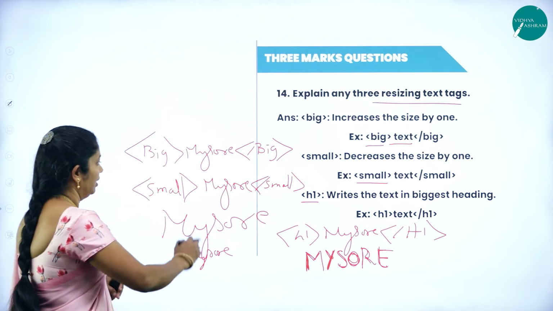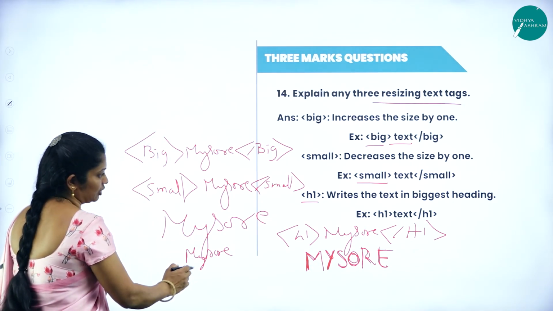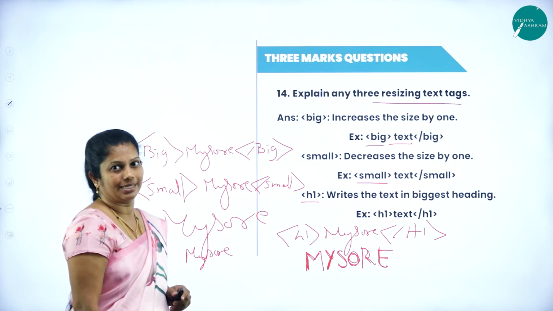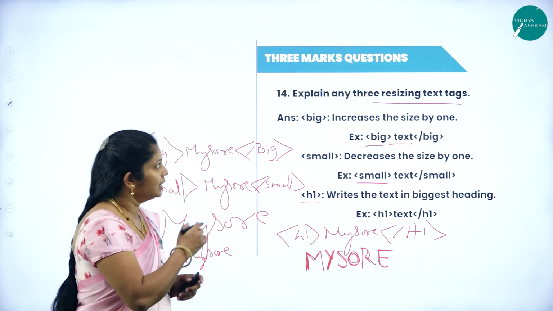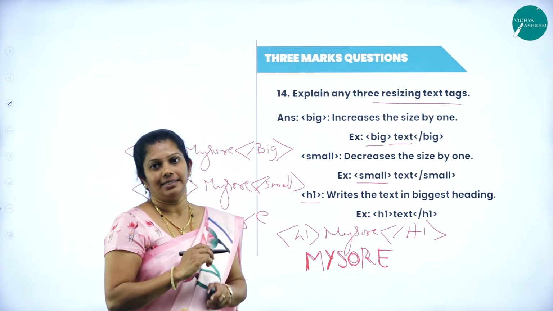See here it is in larger size, smaller size, whereas here in bold style, especially in big heading format, it will display the data. These are the few resizing tags we are using in